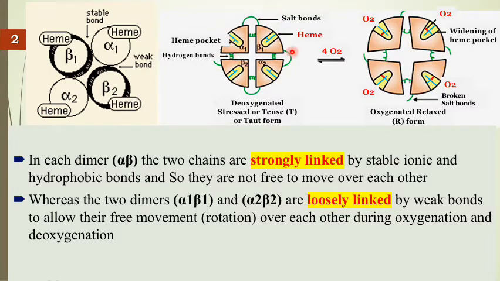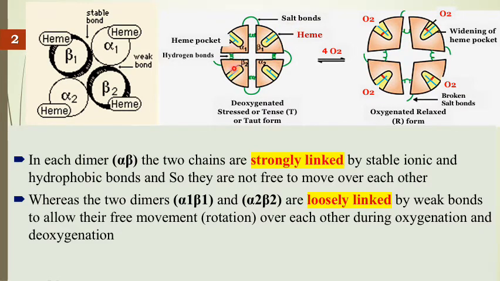If you look at this figure, this is the first polypeptide alpha 1, this is beta 1, and these are the chemical bonds, written in green color. This is a pocket or a notch, like a groove. This is called the heme pocket. Heme is found in this groove, notch, or pocket, and it is surrounded by protein because alpha 1 is a polypeptide chain. The protein protects the heme, as we said last lecture. In beta 1, there is another heme pocket, and this heme pocket is very narrow.